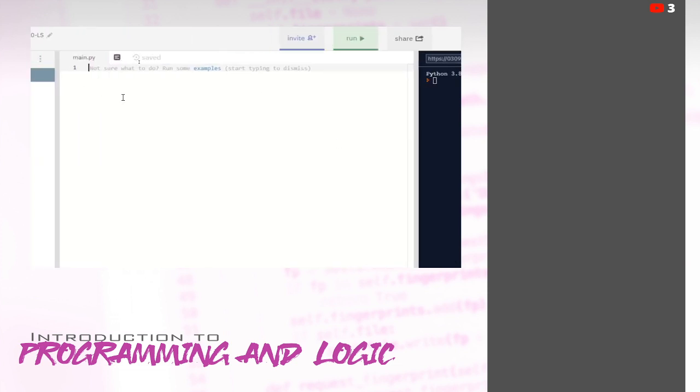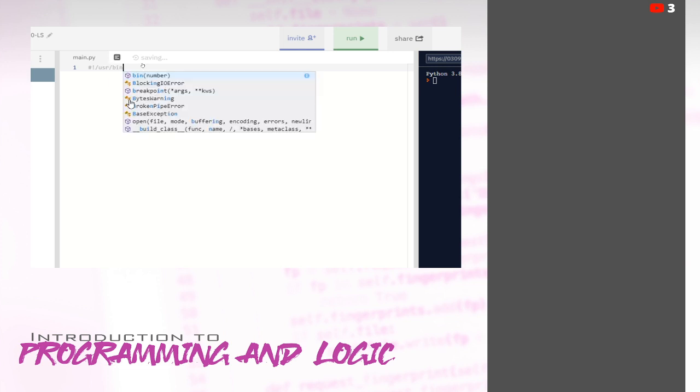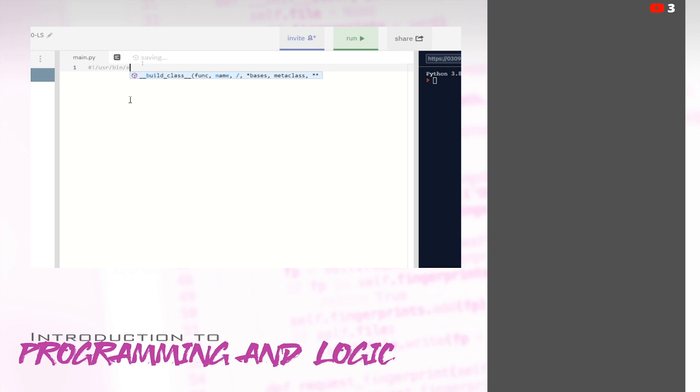So let's zoom in here. We'll start off with what we always start off with here, and that is our shebang. So let's enter our shebang here. Remember that we enter our shebang so that our interpreter knows which version of Python we're using, which is especially useful if you're using multiple different versions of Python on your machine.